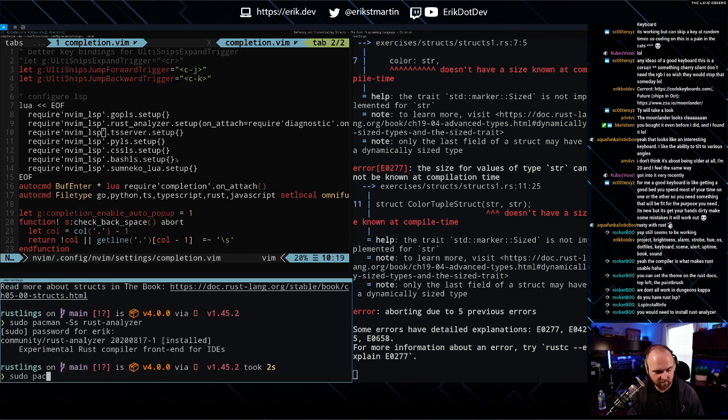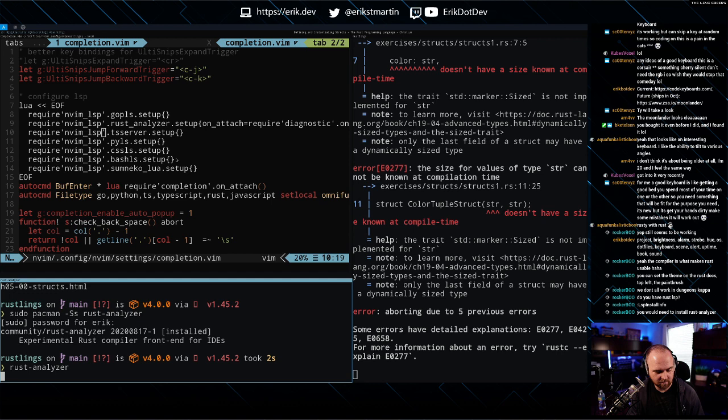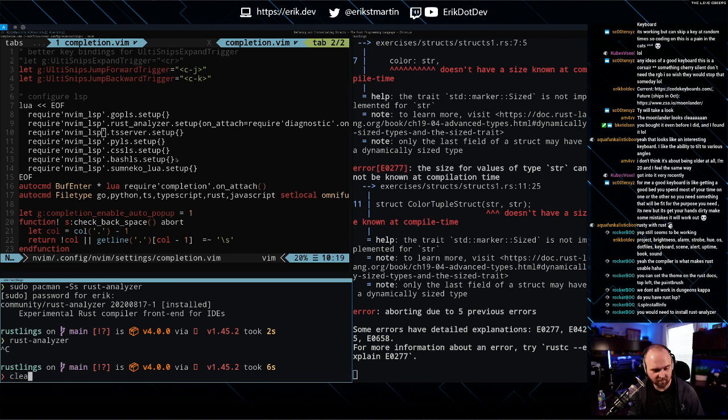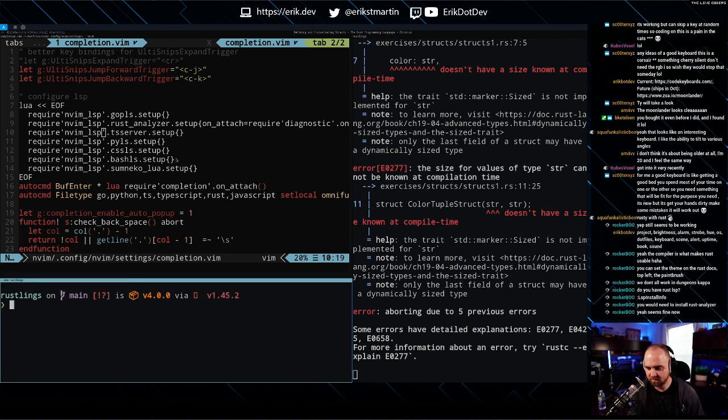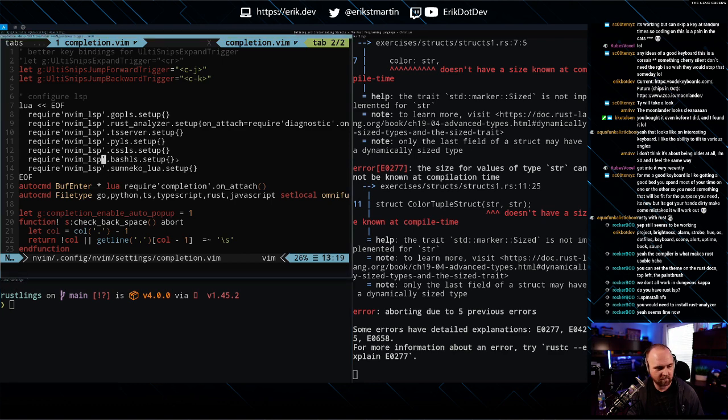Yeah, and that's installed. So Rust Analyzer is installed, and the Lua LSP seems to be set up